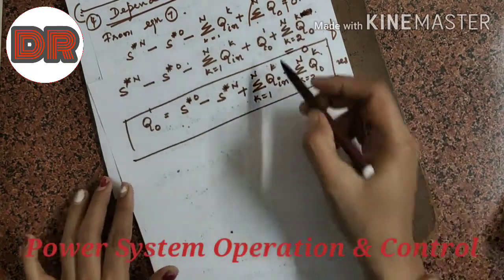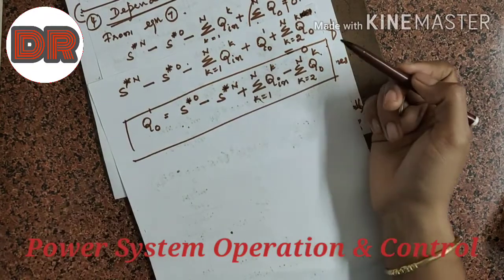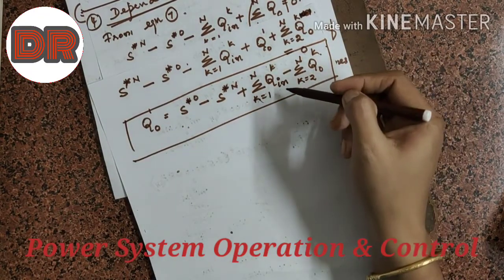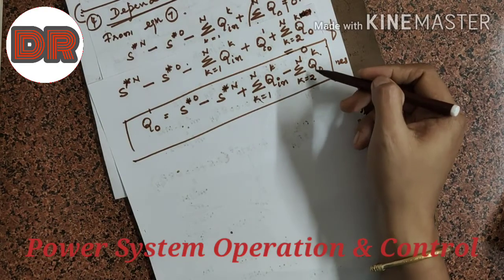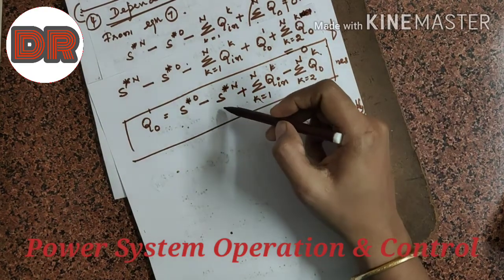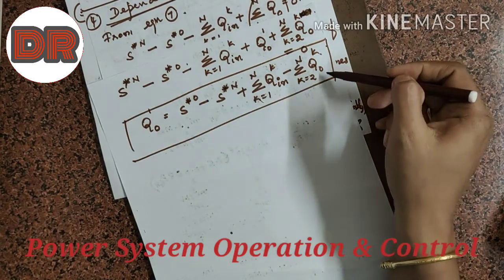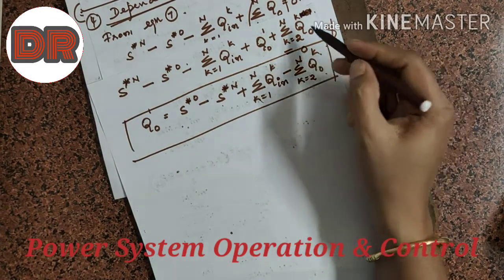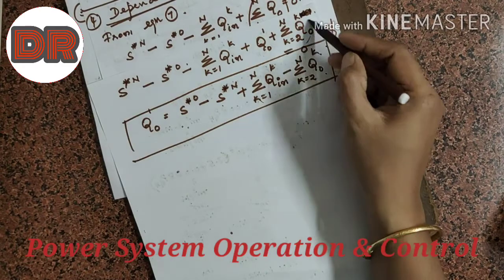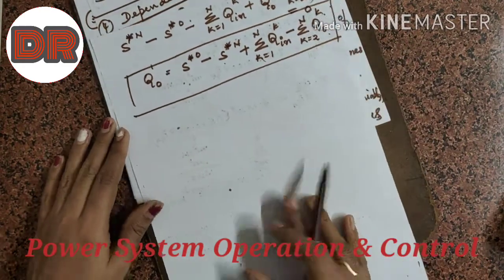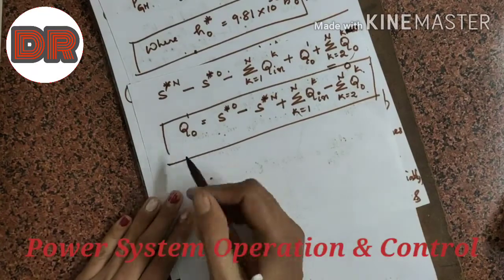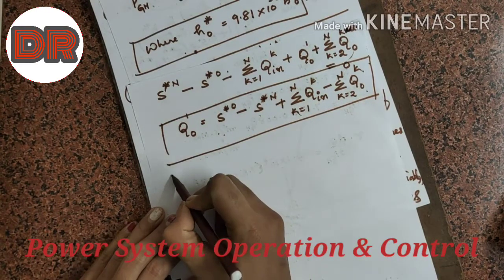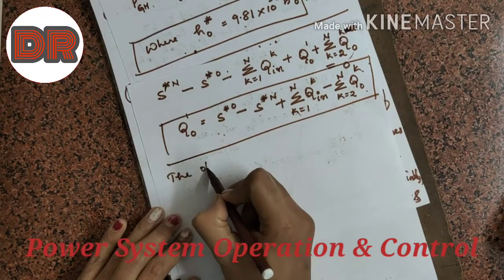So here we have not worried about Qin because PGH, that is hydropower generated, is not a function of Qin. It is a function of only the reservoir storage and Q naught. So we are not worried about this. We have to see what are the independent variables or dependent variables here. Now along with this we have some other dependent variables also. So we can write the other dependent variables.